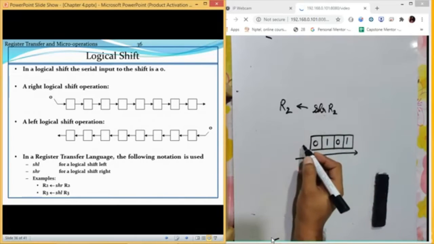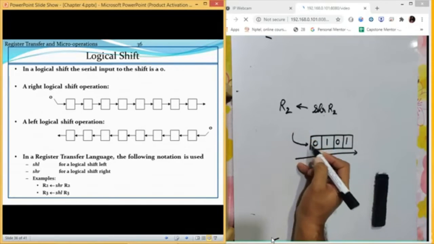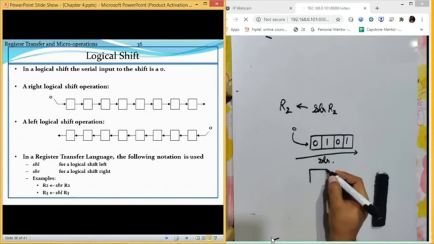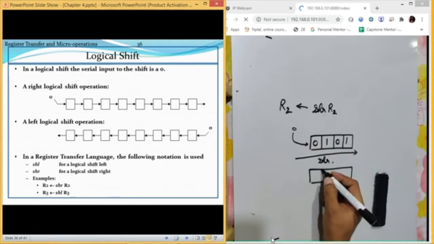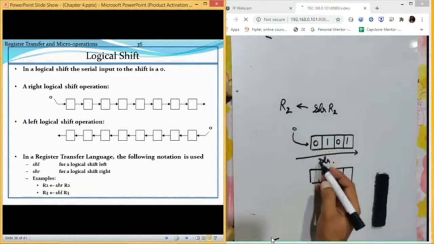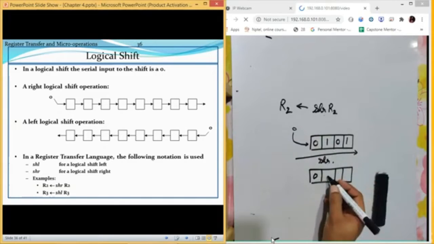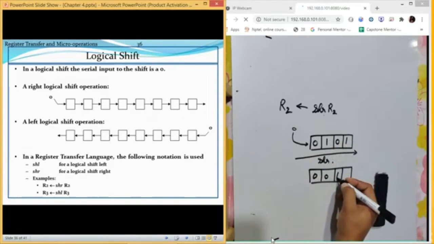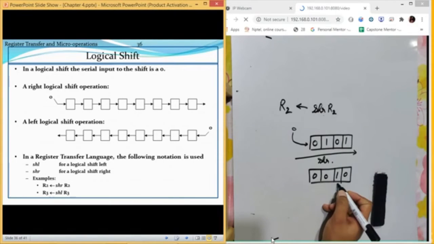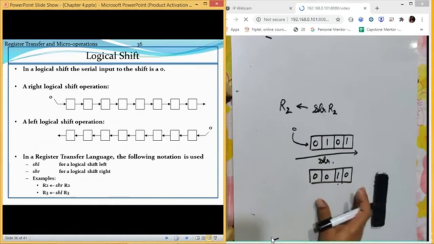In logical shift right, if you remember, at the end we need to enter a value 0. So this 0 will enter from here, this will be shifted to the next place, this will be shifted here, and this will be shifted here. This will be the data after the logical shift right operation.